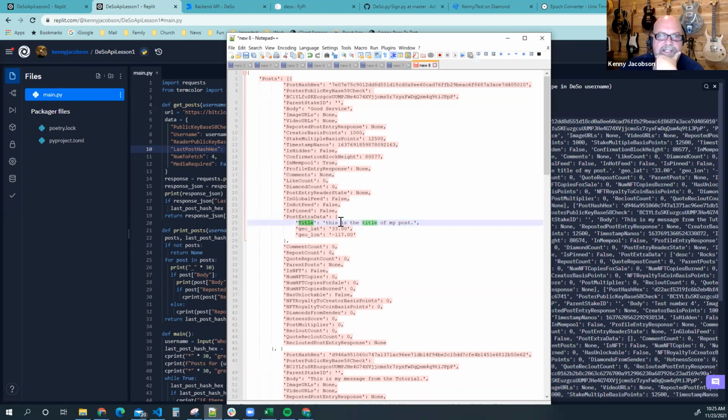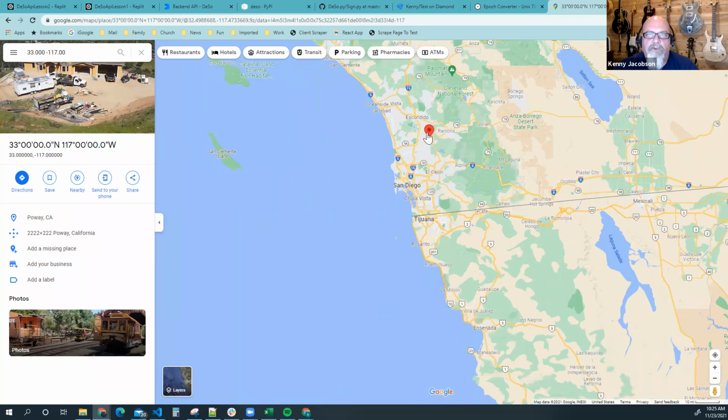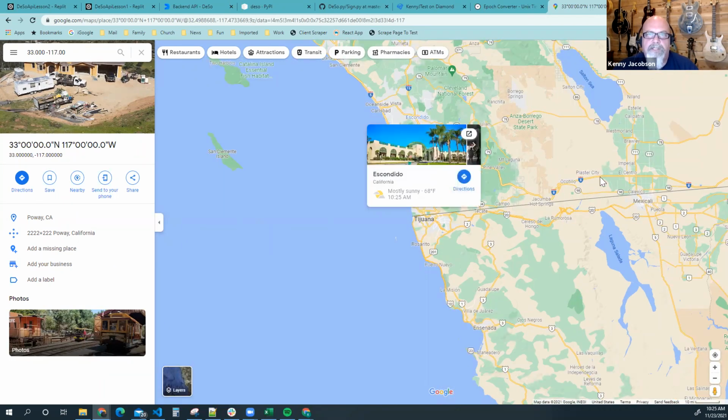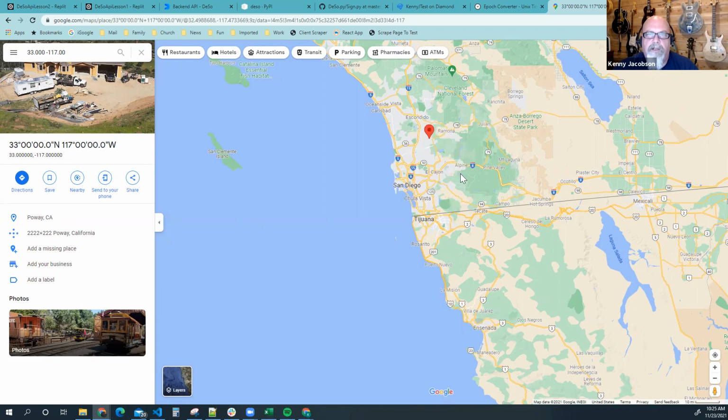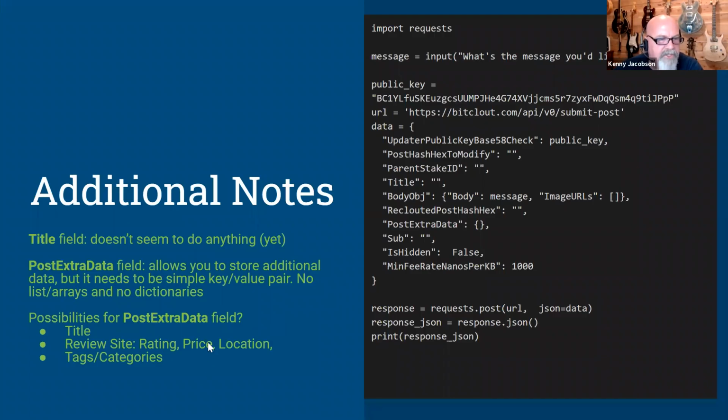There we go. That's the title of my post. This is the title of my post. And the geolocation is 33 negative 117. Let's see how close I got. All right. So in case you were wondering, 33 negative 117 is, oh, all right, between Escondido and El Cajon. All right. Okay, so